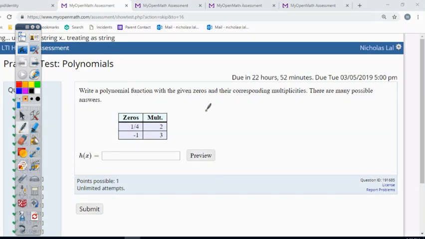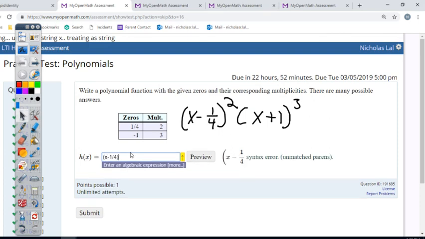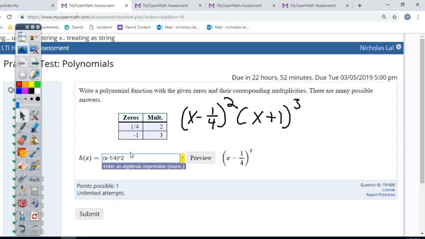If I have a zero of 1/4, then my factor is x minus 1/4. Multiplicity 2, to the second power. If I have the zero of negative 1, my factor is x plus 1 raised to the third power. x minus 1/4 squared